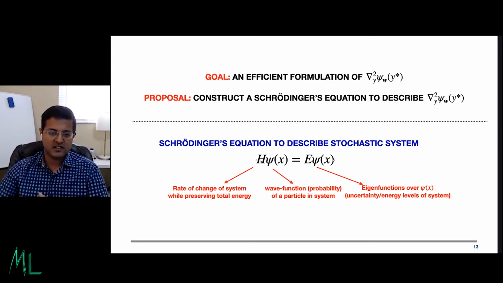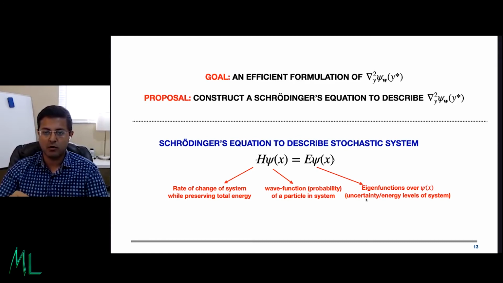And H here is the Hamiltonian that measures the rate of change of that wave function, or the particle in the field, while preserving the total energy. So H is simply a set of operators that gives you a good estimate of the rate of change of the stochastic system. And when you operate that on the wave function, what you eventually get is a set of eigenfunctions over the stochastic system psi(x) that basically defines the uncertainty or energy levels of the system in terms